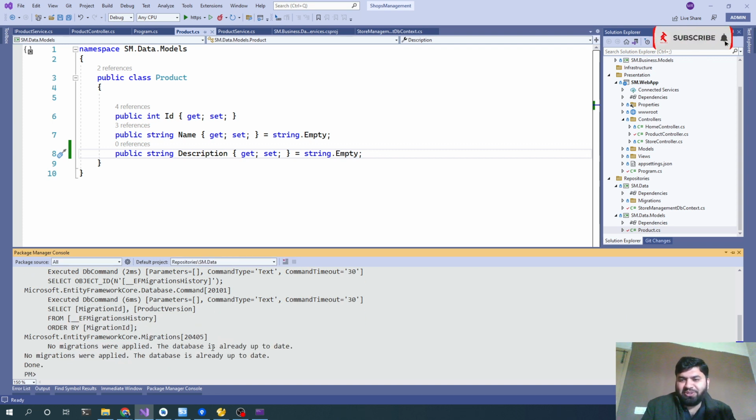I forgot, it should not be update database at that point, it should be add migration, apologies, add-migration,